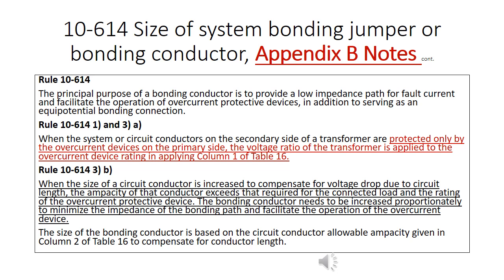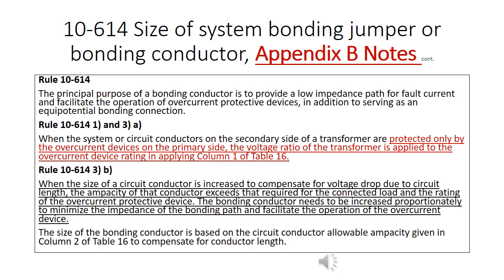The size of the bonding conductor is based on the circuit conductor allowable ampacity given in column 2 of Table 16 to compensate for conductor length. So you can either use the overcurrent device or the conductor size. However, if your conductor is increased in size due to voltage drop, then the size of the bonding conductor must be increased proportionally. Now going back to